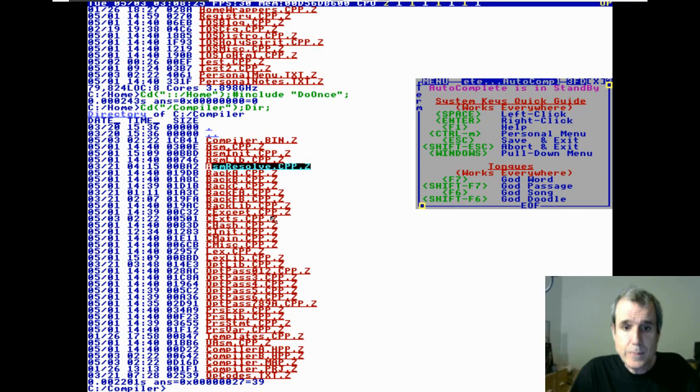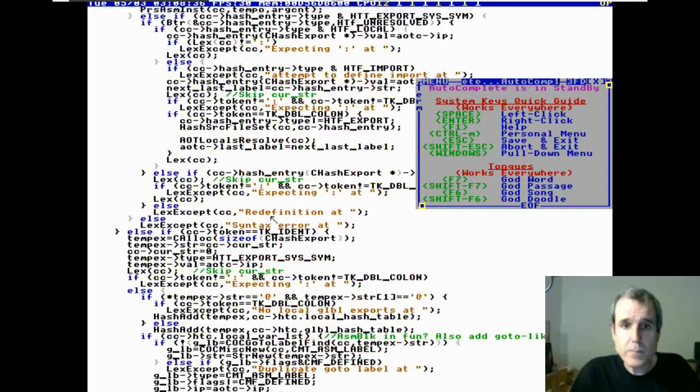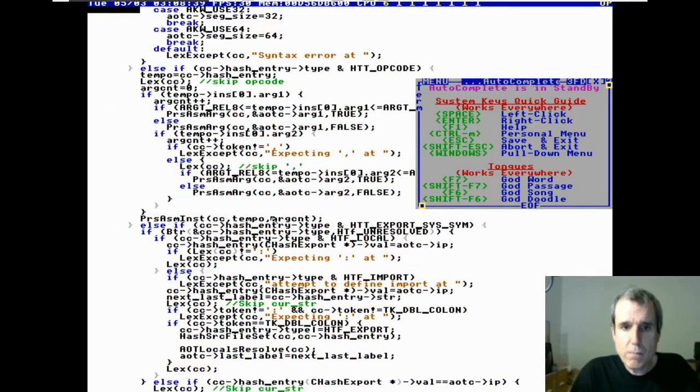And there it's figuring out how many arguments. Each opcode has to have a fixed number of arguments. What that means is